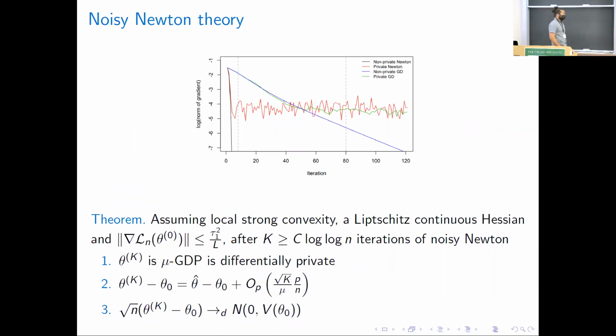Then point 3 says the estimator is asymptotically normally distributed, and has in fact exactly the same distribution as the usual M-estimator. And perhaps the more interesting one is the second point, where we actually just decompose the error of our estimator into the usual statistical error of the non-private estimator plus the error induced by the algorithm, which is in fact sort of the optimal one.